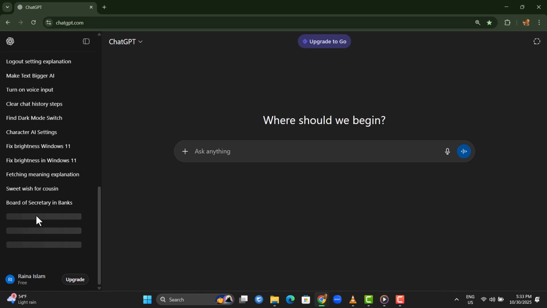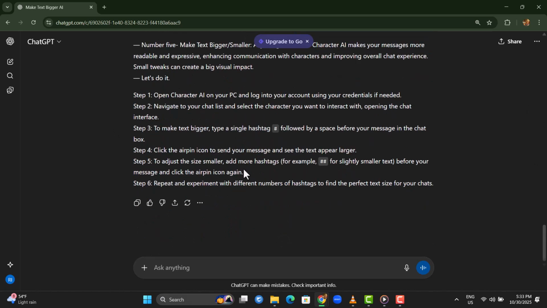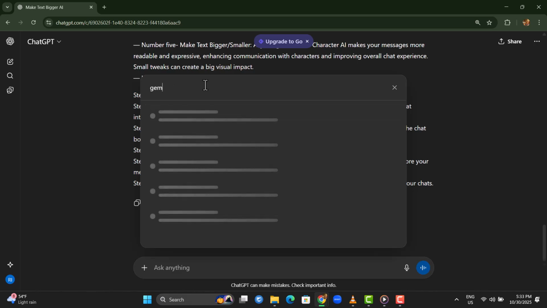Step 3. Click any conversation to open it and continue right from where you left off. This ensures a seamless workflow without losing context. Step 4. Use the search bar within the sidebar to find specific chats by typing in relevant keywords. This makes locating old discussions fast and